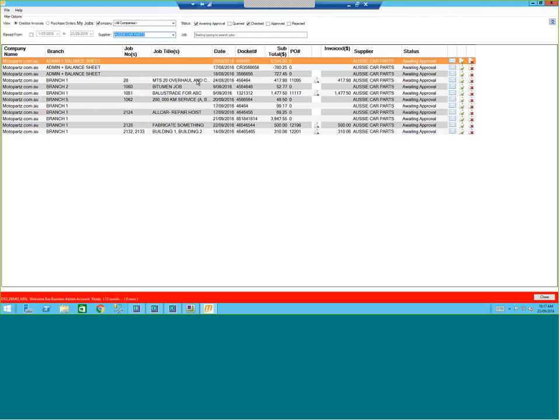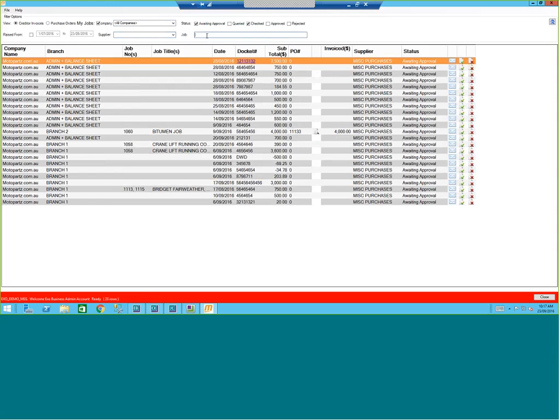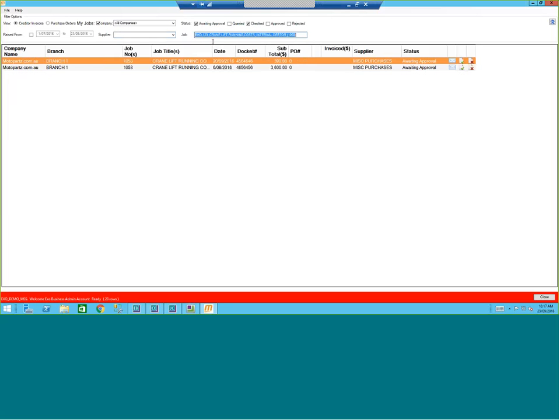Okay, so they can filter a supplier at a time, or all suppliers. They can filter on dates. They can filter on just particular companies or even particular jobs, so 1058. That shows just invoices relating to that particular job. So those are all, you know, small but important features that the standard invoice approval in XO doesn't do quite so elegantly, and that's sort of the reason why this module was developed, is to make that process more efficient